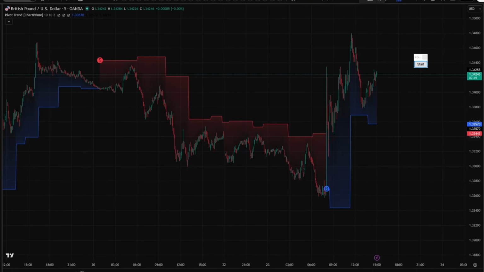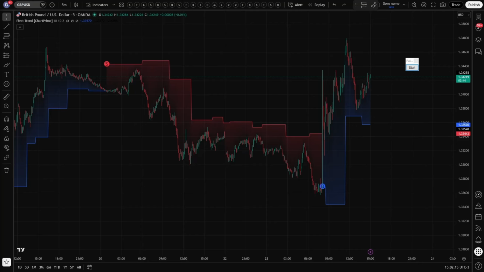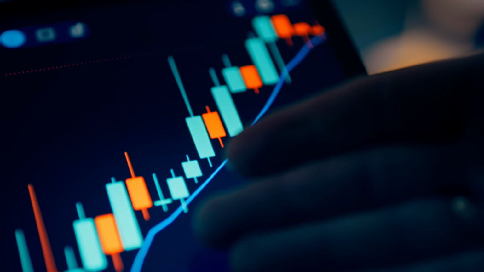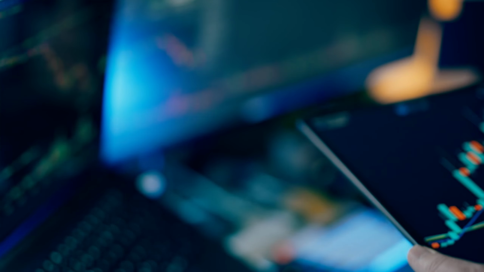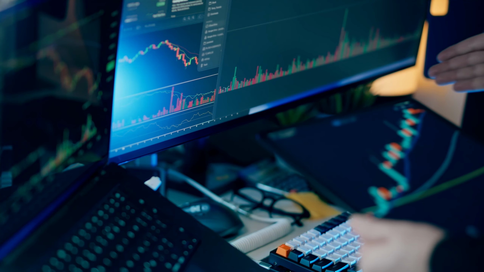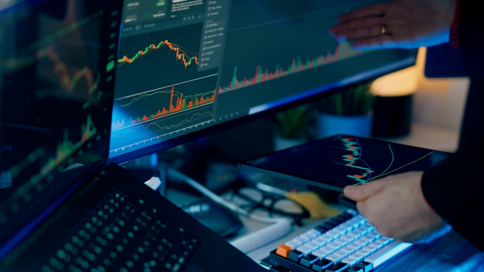If you've ever lost money from a late entry into trends or worse, buying the top and selling the bottom, pay close attention to this. The biggest trading mistake isn't getting the direction wrong, it's not noticing a market trend change. And that is exactly what this indicator resolves. Today you will learn how to use the pivot trend, a tool revealing when market structure genuinely turns without the